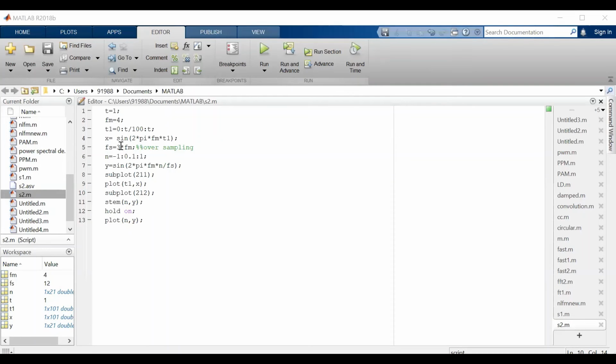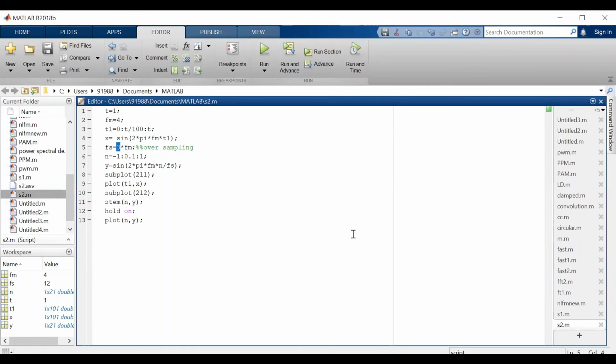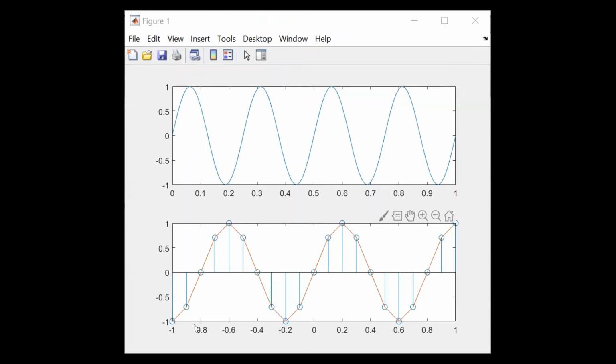Coming to the undersampling, the sampling rate should be less than 2 times of fm. So we take 1.2, then it is called undersampling. And then let us see what happens. We'll choose much lesser, 0.8, and then we'll check the graph again. Now we can see the number of samples. This is called undersampling. So if the samples are less than 2 times of fm,